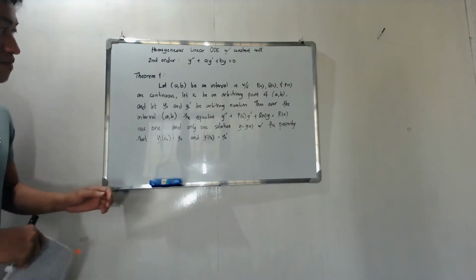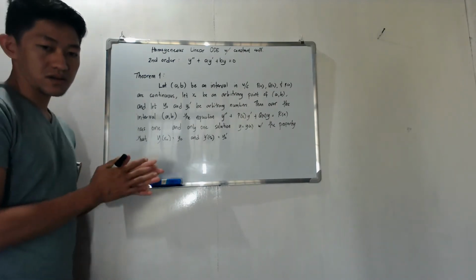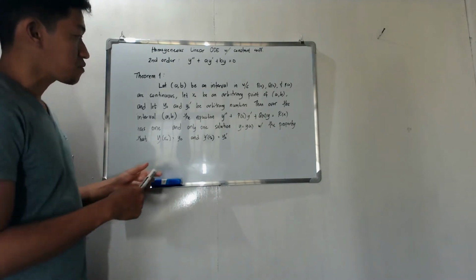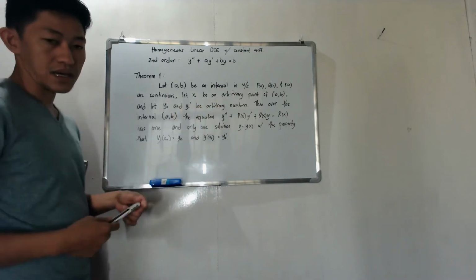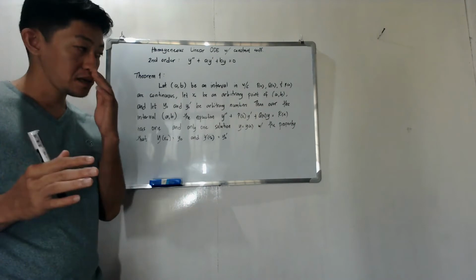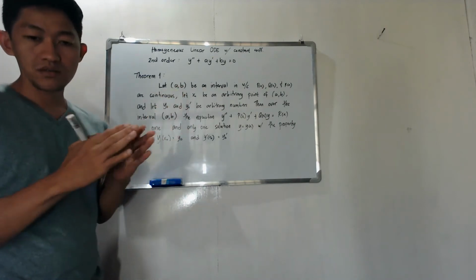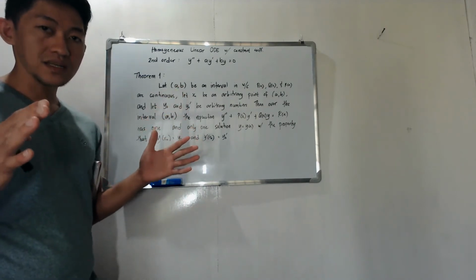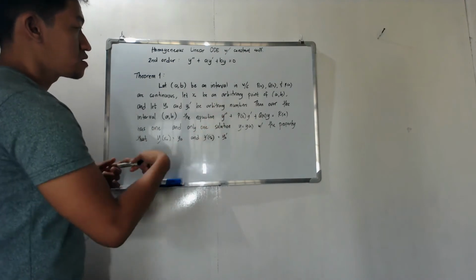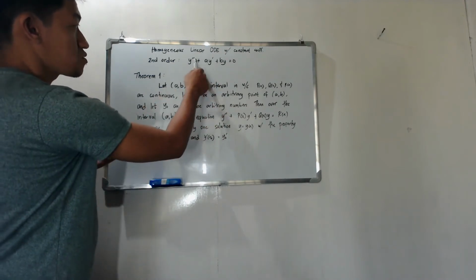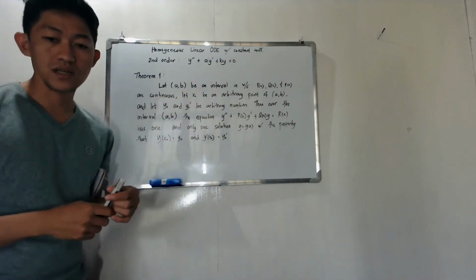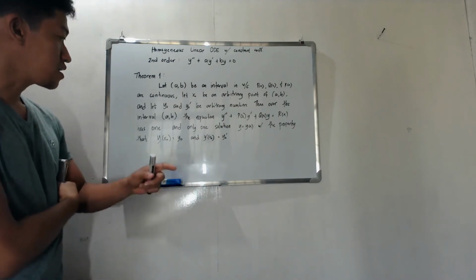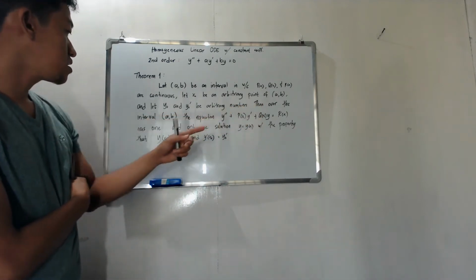Okay, so it says here, if we have an arbitrary point x sub o within the interval AB. So what is this AB? This is the range of values that are solutions to this differential equation. Okay, so then